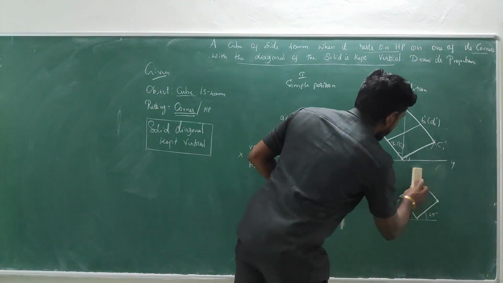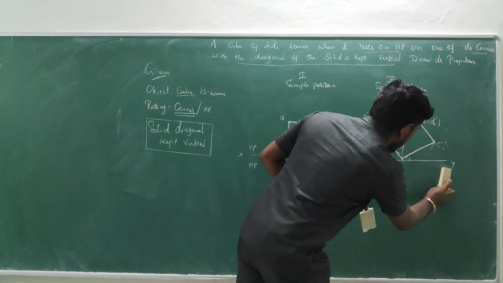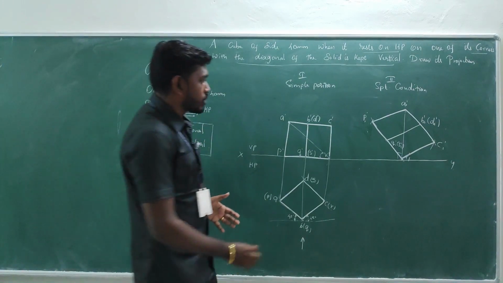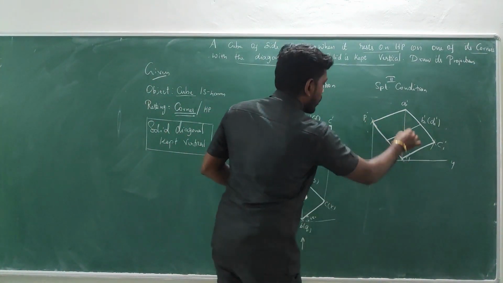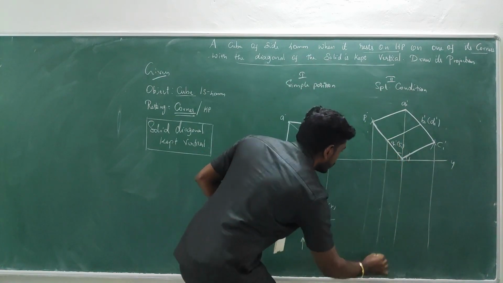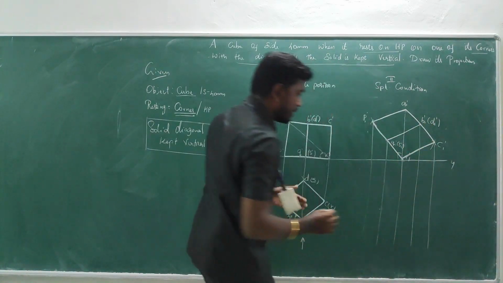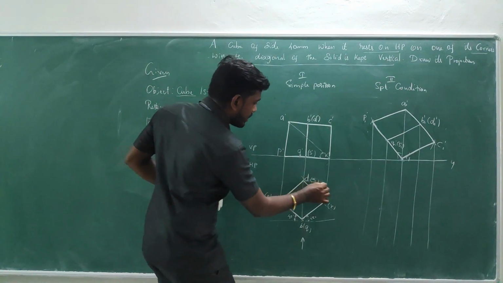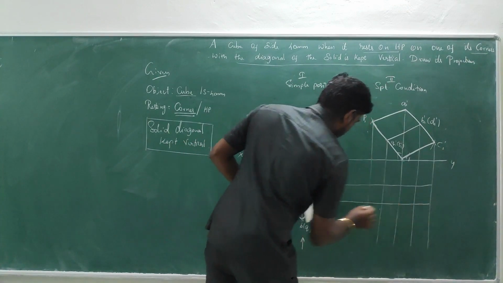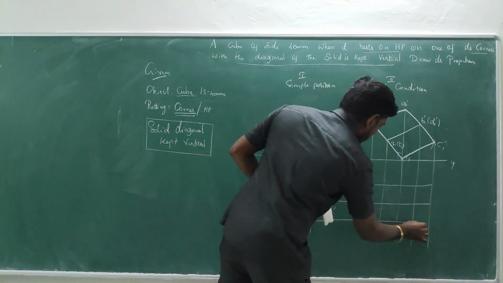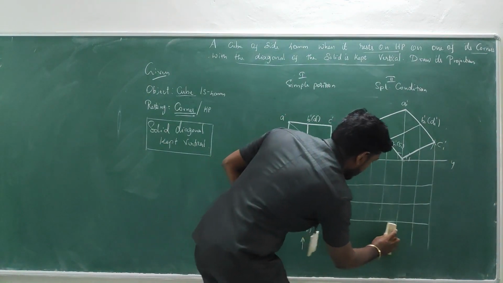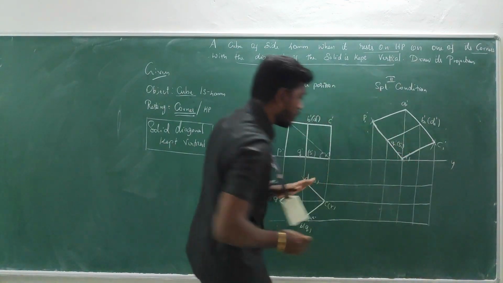Now it's time to move to the final top view. For that, how to take the projectors? It's a common work which we have done in all the problems. Take the vertical projectors like this, and from the previous stage get the horizontal projectors. You will get the things like this. So these are the construction lines, and the extra lines can be rubbed off.